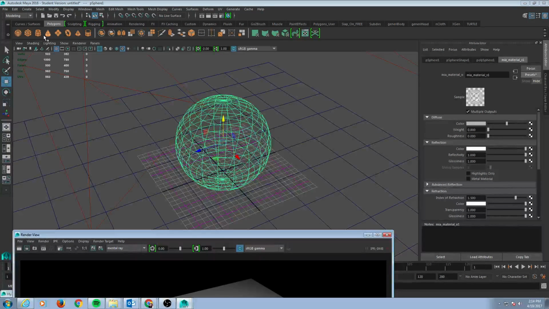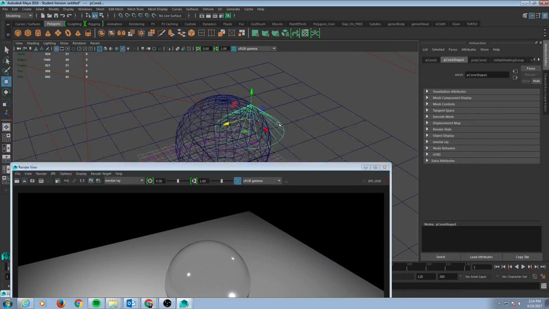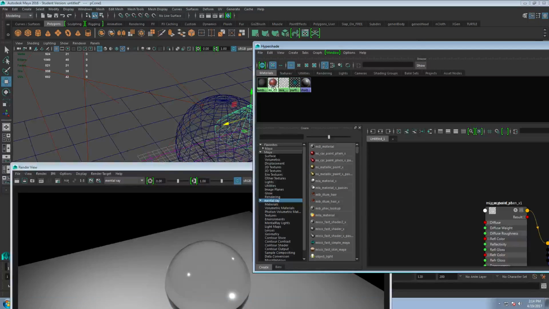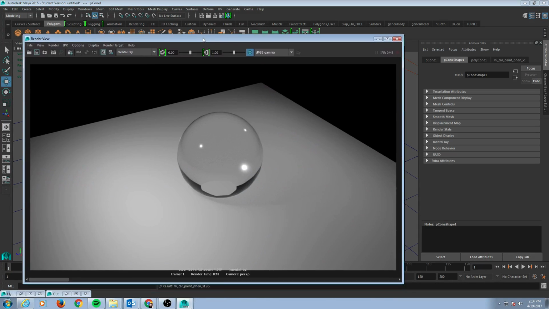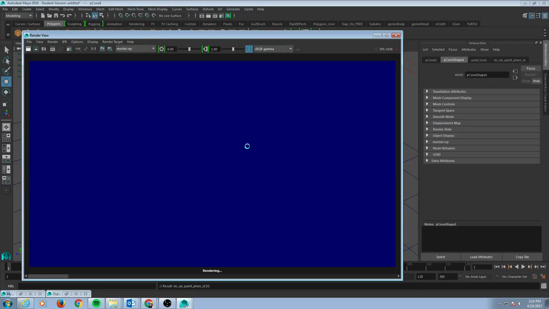So if I put, let's make a little cone, and let's make it kind of big but short. We'll set it over here somewhere. And now, let's go ahead for fun. Let's make that cone have the car paint on it, just so we can tell if we see something red. So now if we do another render here with, like, say, thick glass, or thin, or any of the glass,